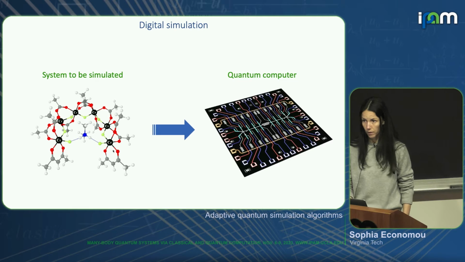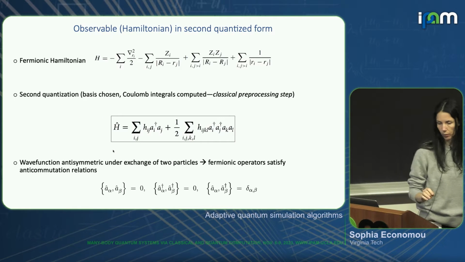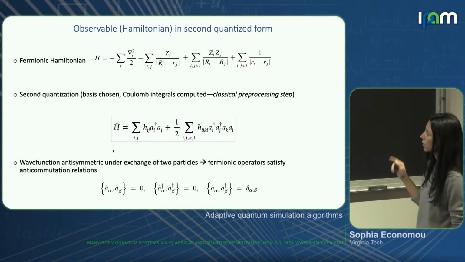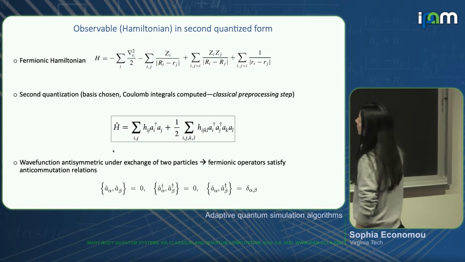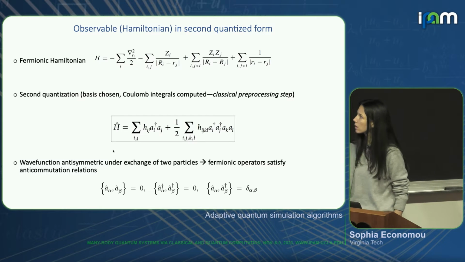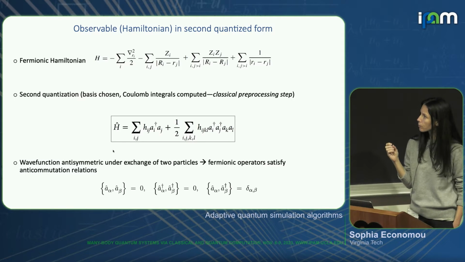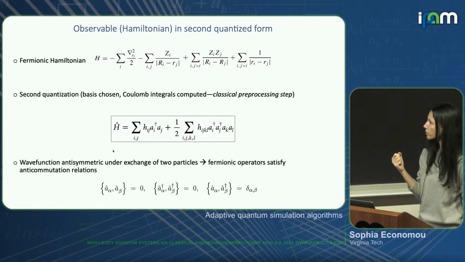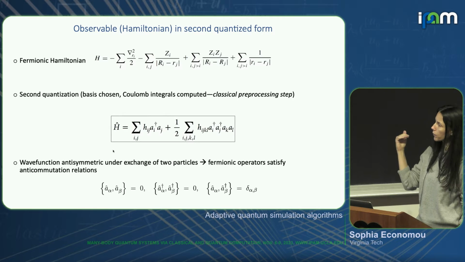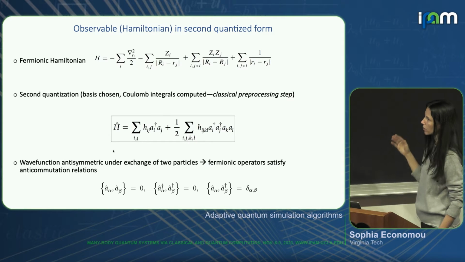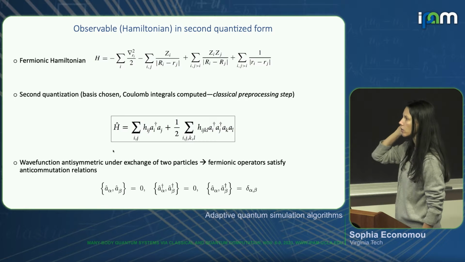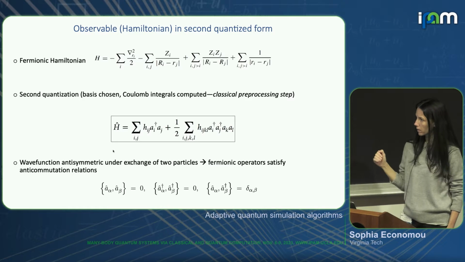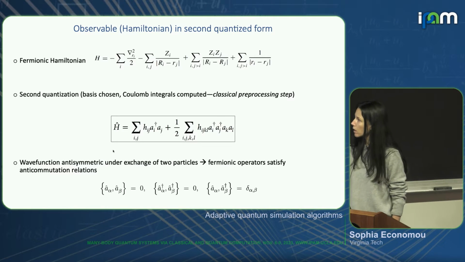So if we step back and see what kind of equations we are simulating, we start from some fermionic Hamiltonian. In the top row, it's written in first quantization, where we have kinetic energy and Coulomb interactions. And it's the Coulomb interactions that make these strongly correlated systems hard to solve. And typically, the first step we take, which might not be necessary, you can also think about solving things in first quantization, but I would say the large majority of the field first takes this classical pre-processing step, where we